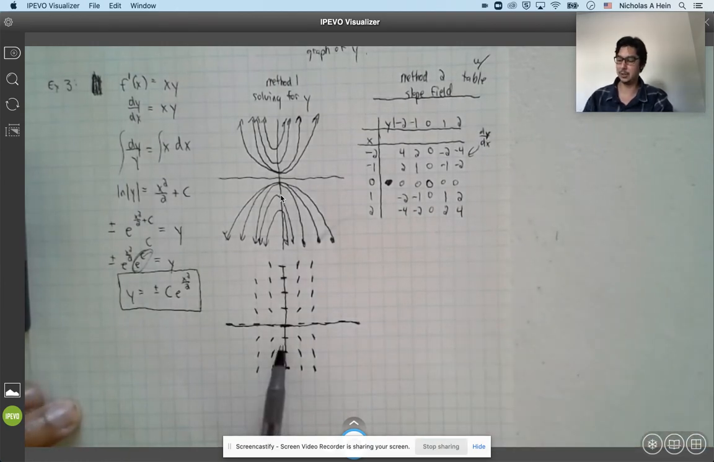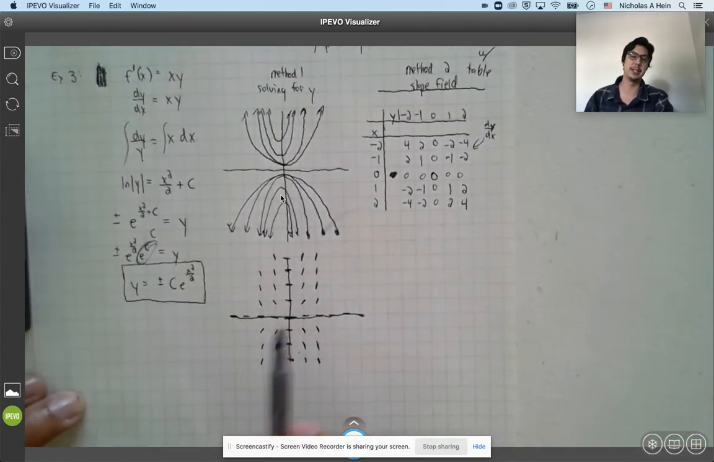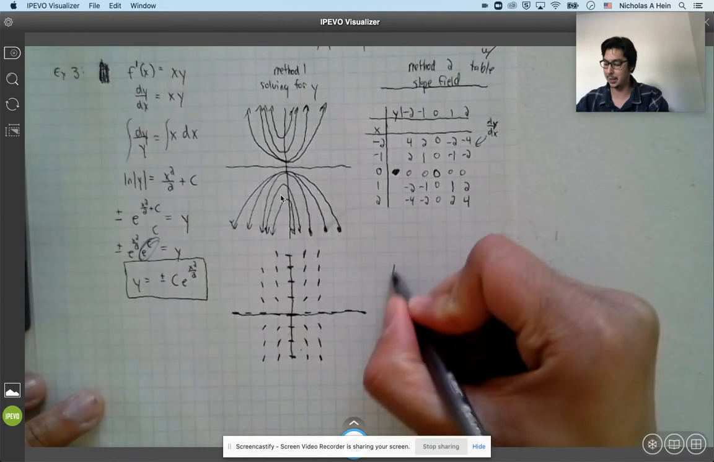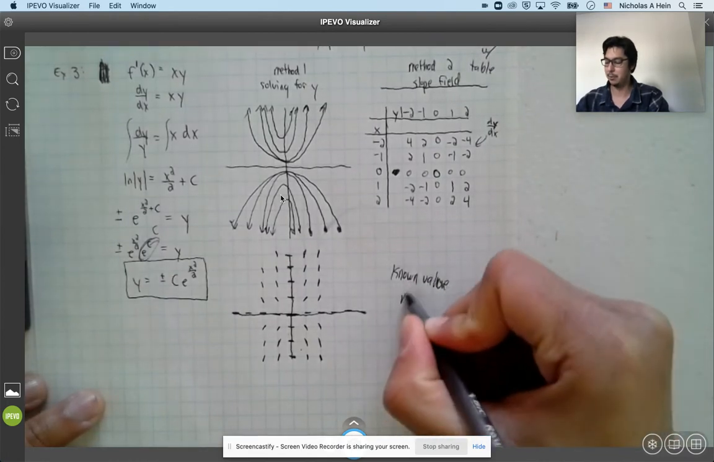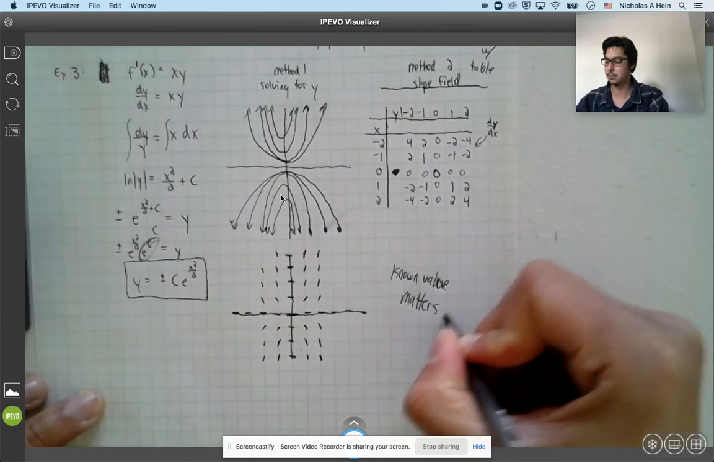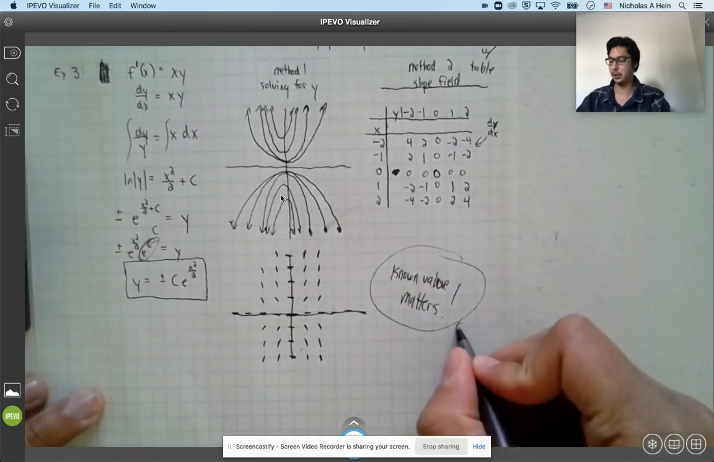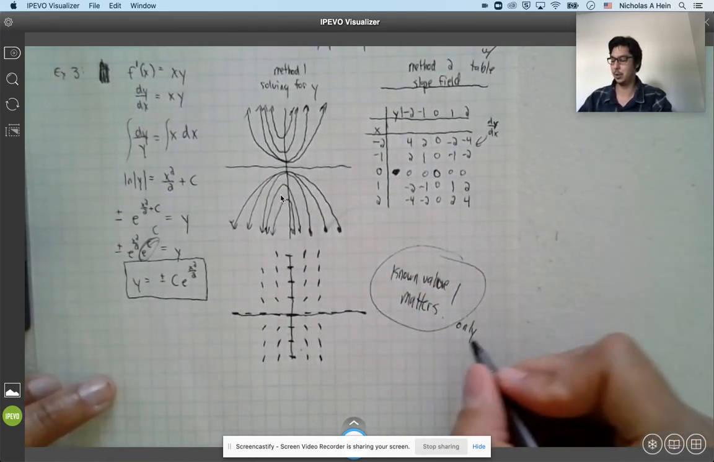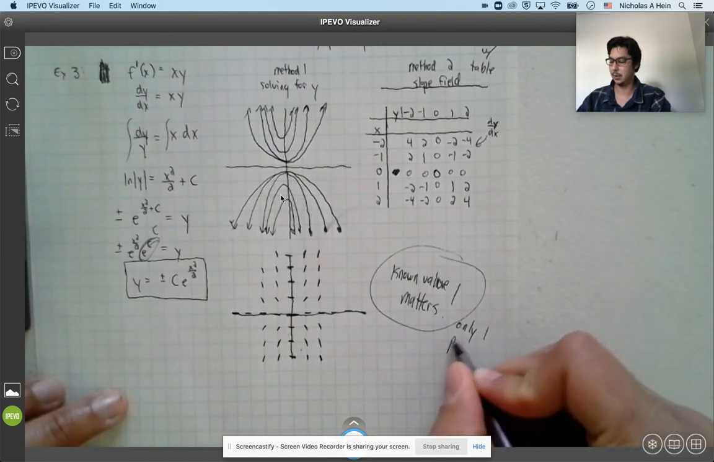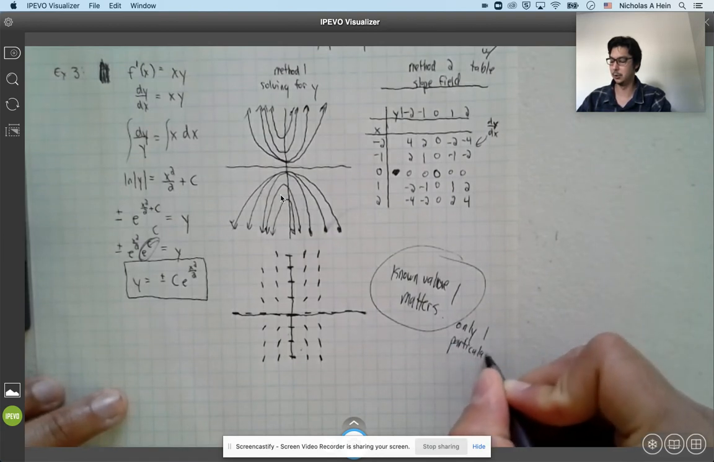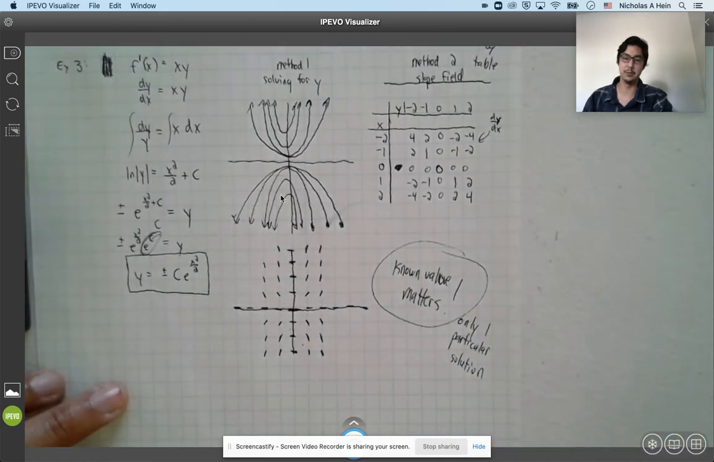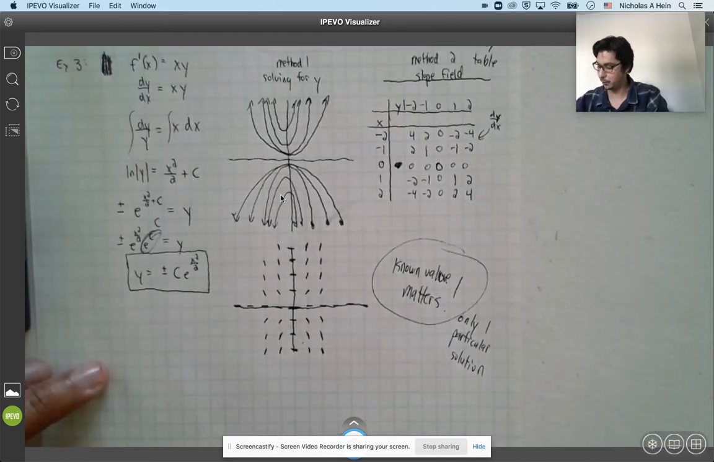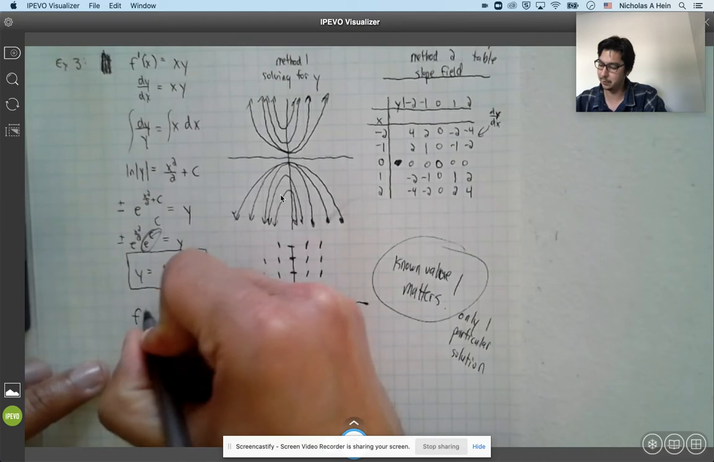Now, notice that there's two possible scenarios here. There's the positive or negative. So that known value matters, because there's typically only one particular solution given a known value. So say, for example, we were given here that f of